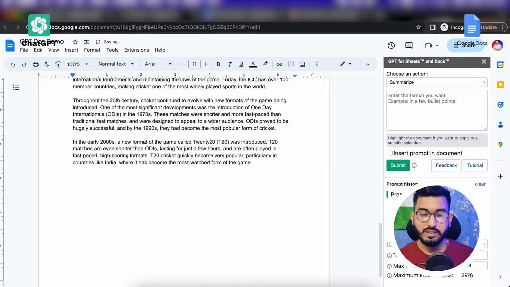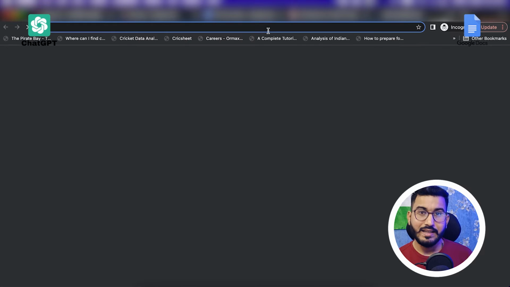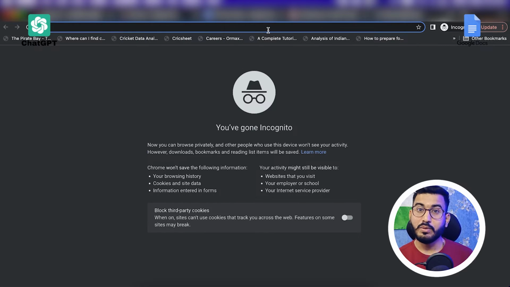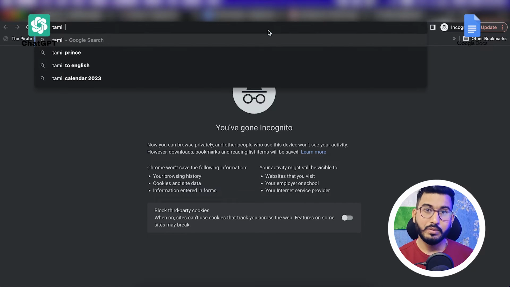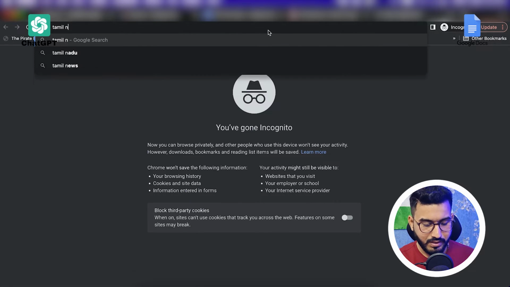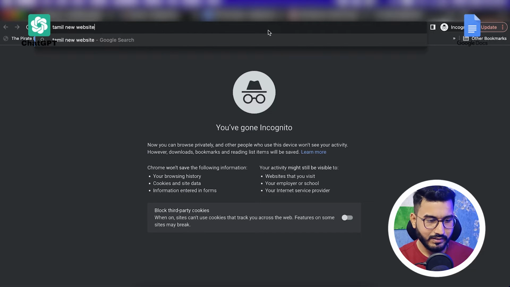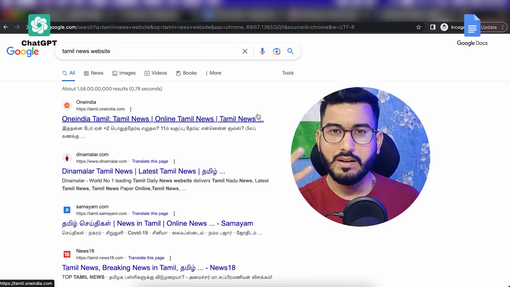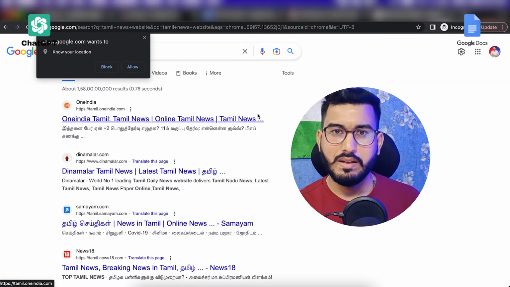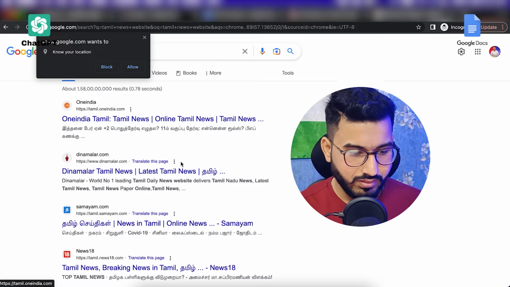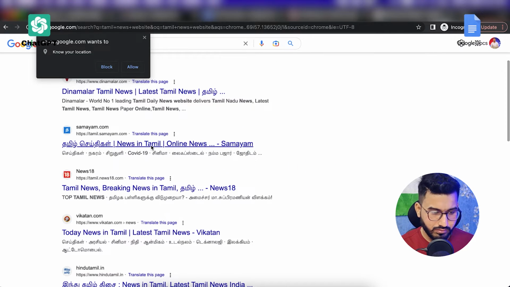Let me show you one great thing. If we go to any Hindi news website, and let's go to a Tamil news website, because I really don't know Tamil, I can't read Tamil. So let me just show you the magic. Tamil news website, and let's try to basically copy some news which is written in Tamil language, and then we will ask ChatGPT to summarize it in English. So let's go to this news website,